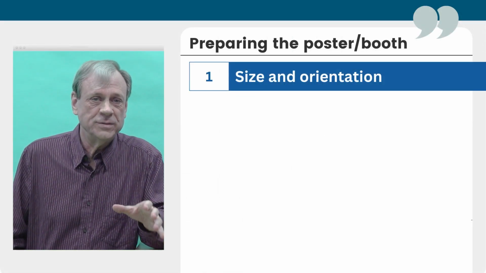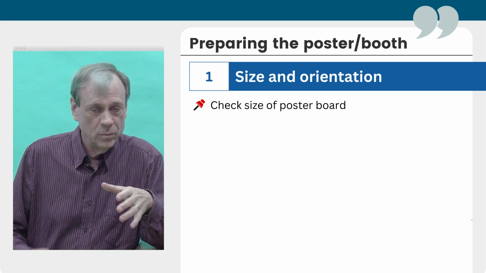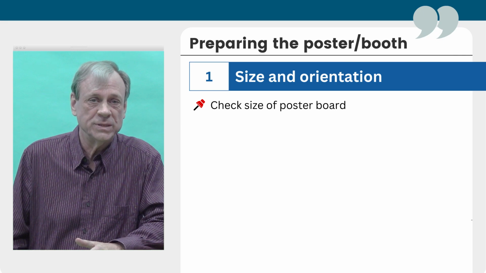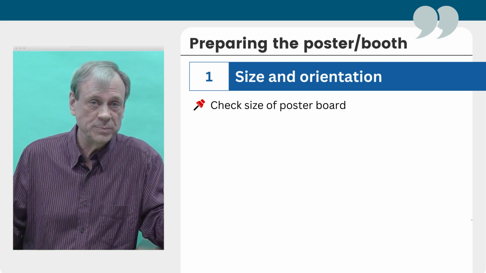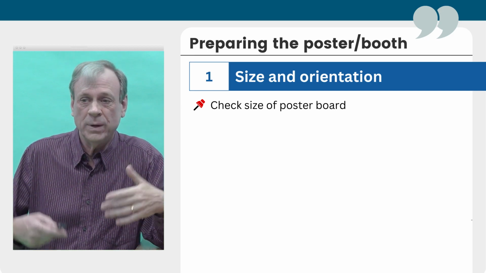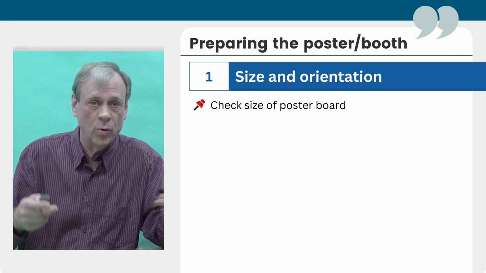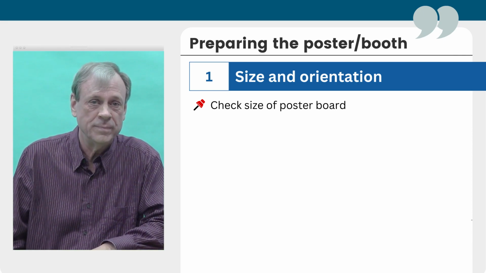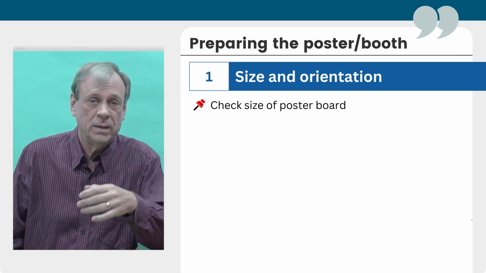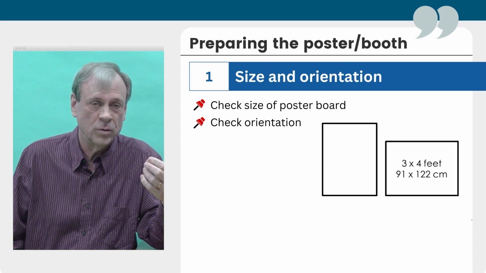When you're preparing to do a poster session of whatever sort, the first thing is to make sure what the requirements are for that poster. What's the maximum size? You want to use something as big as possible so you can have as much space to share as possible. But again, there are usually size limits on the poster board or the area you're going to mount it in. And therefore, if you exceed that, it's going to cause problems.